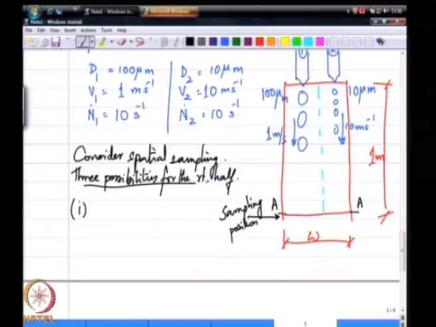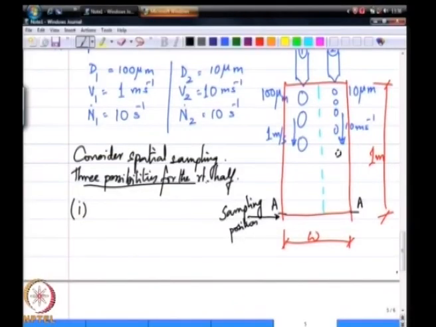I could have one drop somewhere in the middle of the frame like that, okay, and the time before the next drop is produced is further in the future compared to my frame, and the previous drop has already exited the domain. So, I could have one drop in the frame,